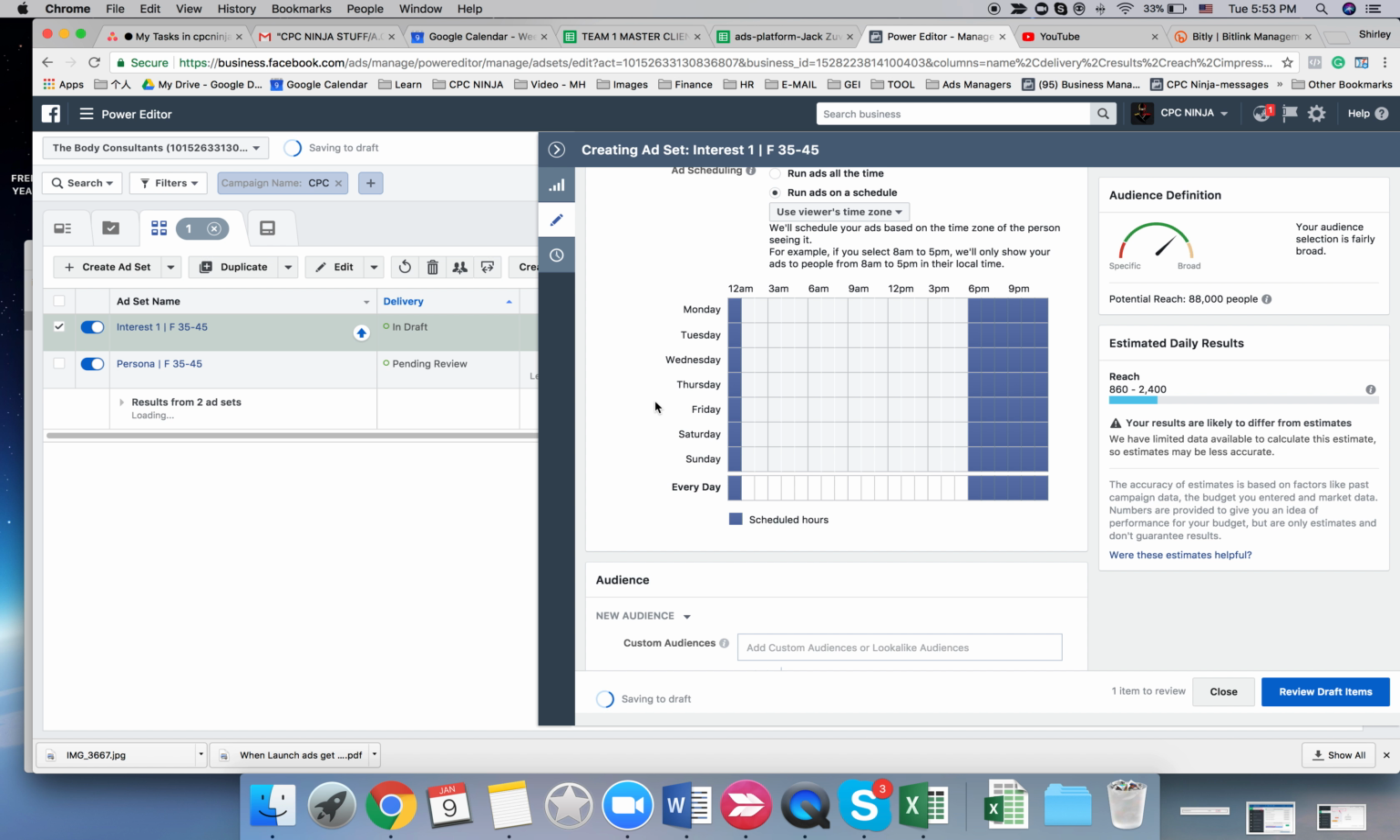You know why we run at 6 p.m. to 12? Think about it. When you're working during the day, even if you have a chance to go to Facebook, look at something, you might get disturbed because you are currently working. You're not supposed to go to the social media platform to do anything, right? And then